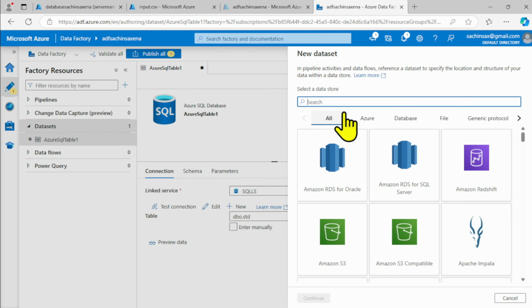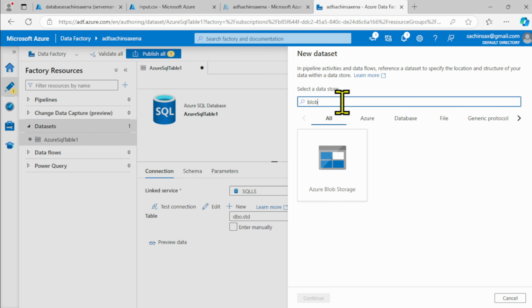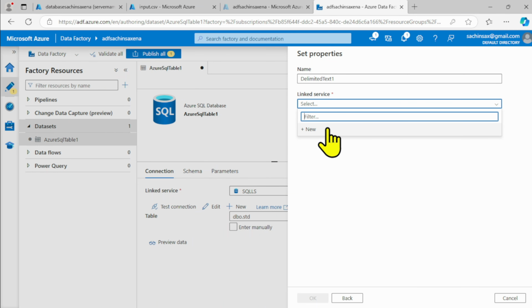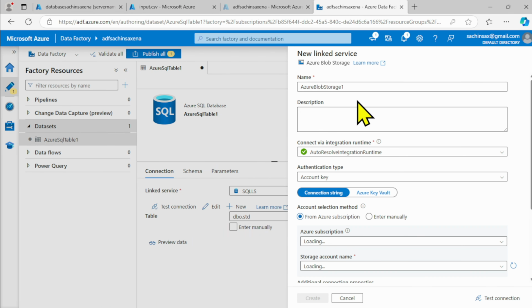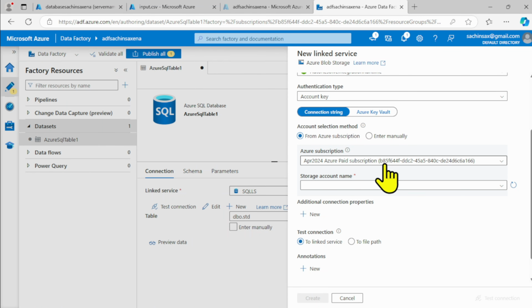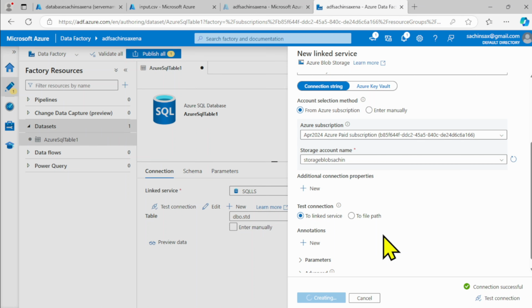I'm going to create a new data set here. Inside the new data set, not SQL, sorry, I'm selecting blob storage. This Azure blob storage will be there. Continue, and this CSV file is there. Continue, and this time it's not showing any link service. Why? Because we do not have any link service. I'm going to create a new link service. I'm going to select the paid subscription, storage account, and if it is fine, again see the test connection. Can you see it's showing connection successful, creating,